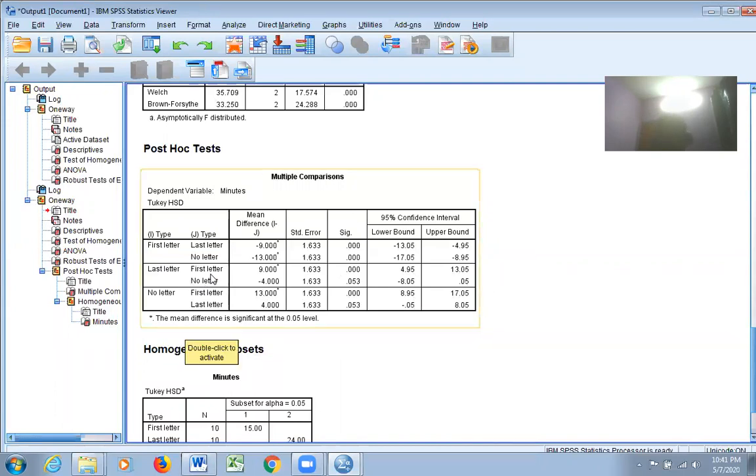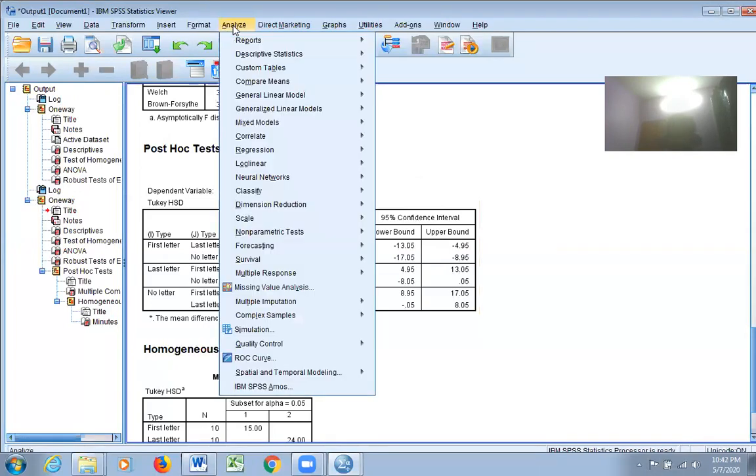Fine. So to get the exact pairs which have caused a difference, I have conducted the post hoc test. When you don't have any planned way of doing comparison, you can go for this kind of post hoc test where all possible comparisons will be checked and you'll be getting the answers as to which groups have caused a real difference. Is it fine? Now let us see what is a planned comparison.